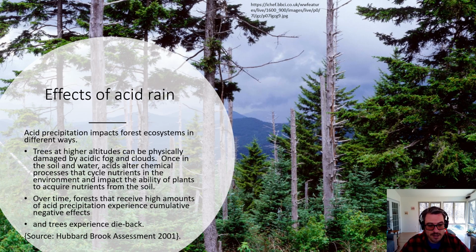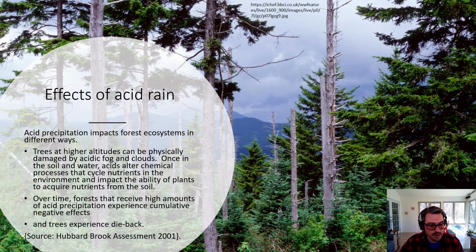Acid precipitation impacts forest ecosystems in the following ways. Trees at high altitudes are physically damaged by acidic fog and clouds. Once acid is in the soil and rain, acids alter the chemical processes that cycle nutrients in the environment and impact the ability of plants to acquire nutrients from the soil. Over time, forests that receive high amounts of acid precipitation experience cumulative negative effects, and trees experience a dieback, which